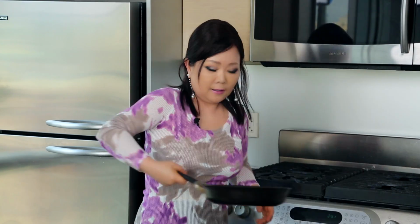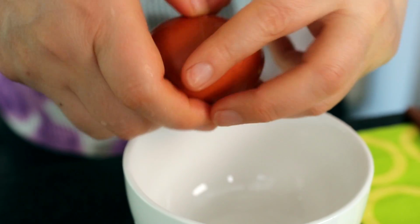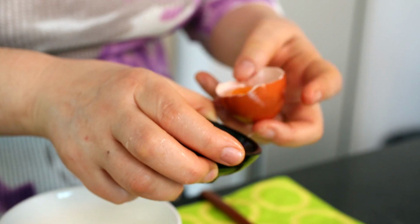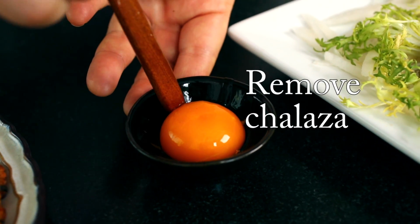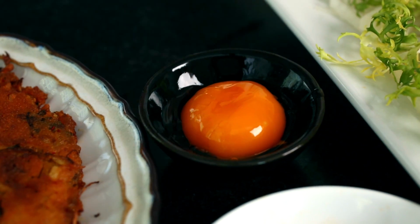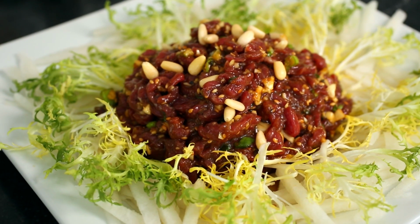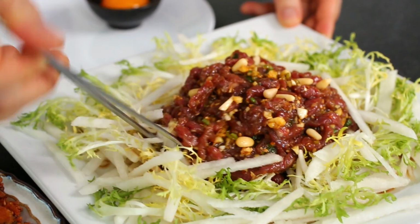Great. Egg yolk. Yeah. The white thread looking, we call egg thread. A drop of sesame oil on the egg yolk. Today we made Yukhoe, Korean style beef tartare. This is my way. I try to make another different way, but I always come back to my own way. Before eating, you can